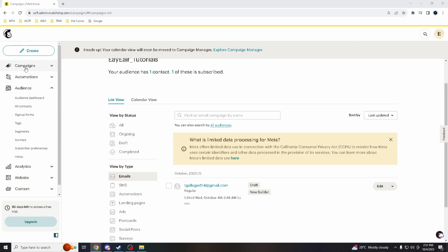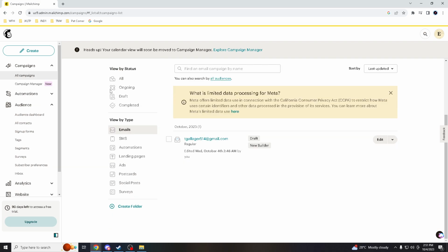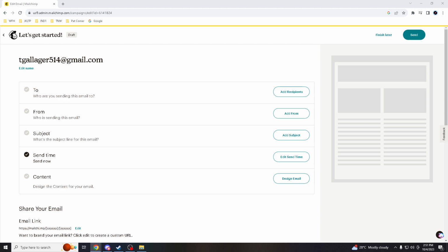Now, all you gotta do is go to campaigns, and then here, and actually you can check the emails here. You can hover down to where it says emails, and then you can click edit, and then where it says edit, you can go to where it says